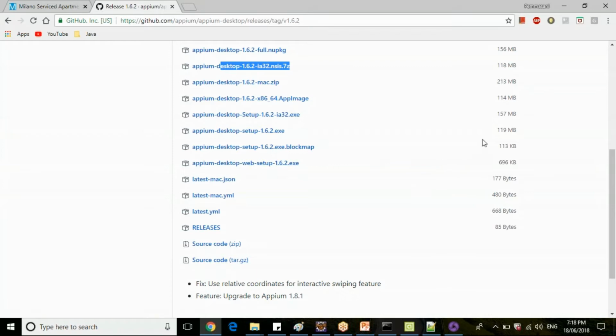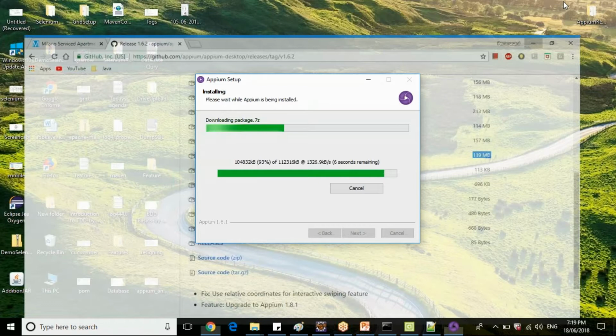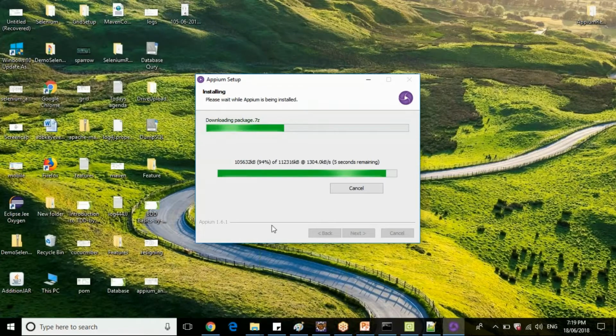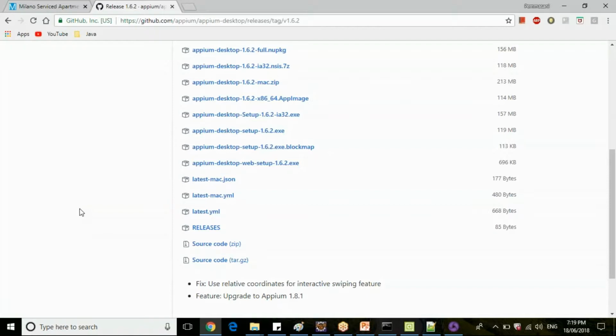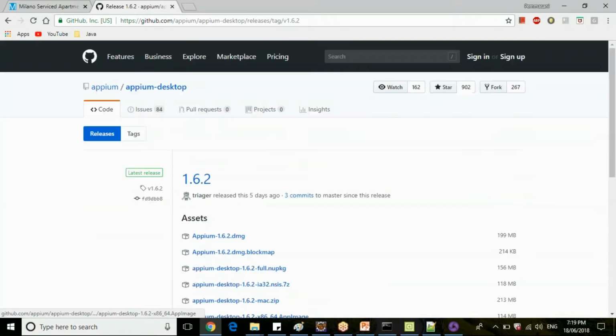If you want an offline installation, you can download this 119 MB file, so that once it is downloaded, you don't need any internet connection to download again. This is the APM server version 1.6.2.